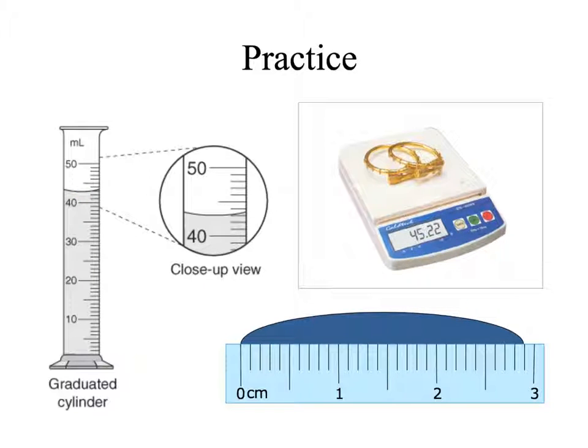So if we look at this up-close view of the graduated cylinder, we can see this is somewhere between 40 and 50, and our unit is milliliters. Now if this is 40 to 50, each one of these little marks must be a tenth of a milliliter, because there are 10 of them there. So I'm going to estimate that this is around 40.1, 2, 3, and it looks like it's exactly 40.3, so we can actually say that it is